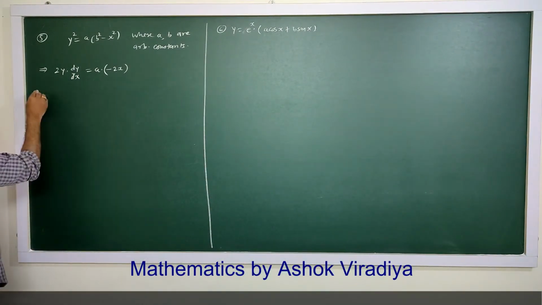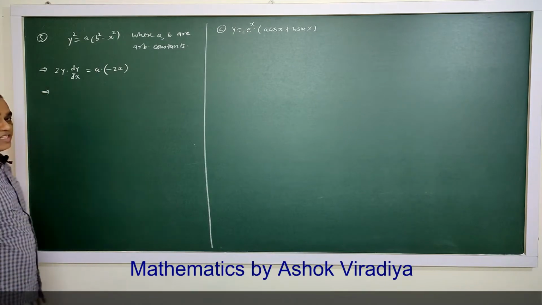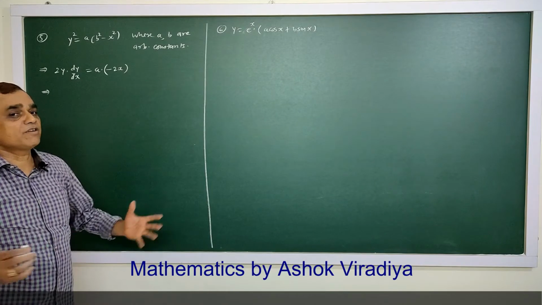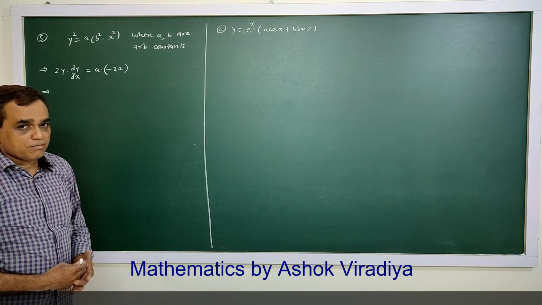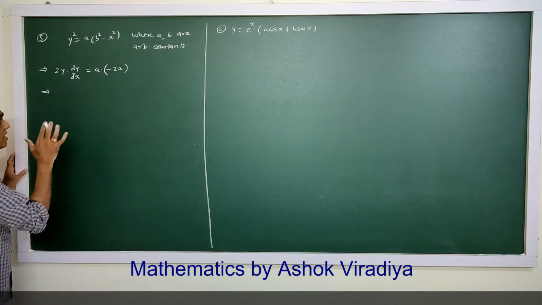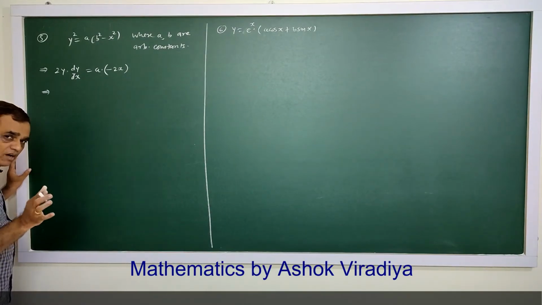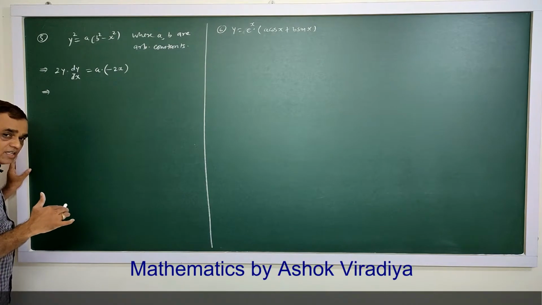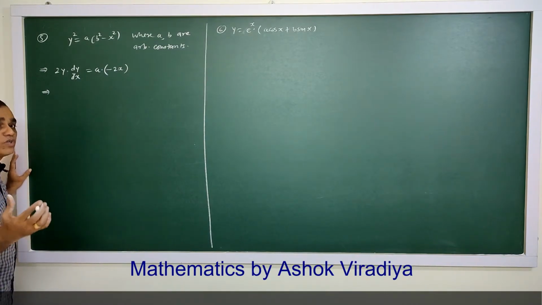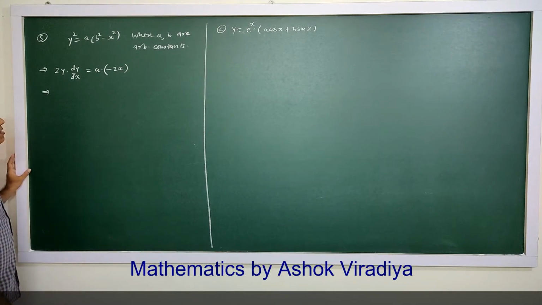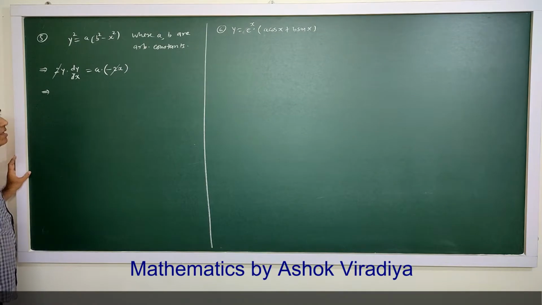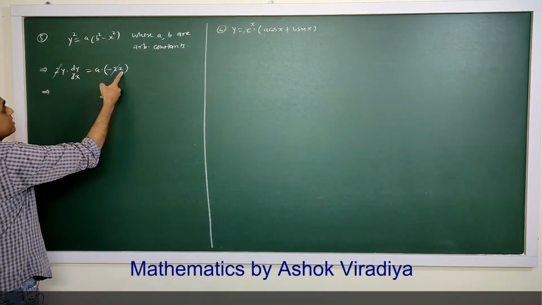Now first differentiation is done, but immediately we do not start second time differentiation. Before taking second derivative, convert this into a simple or convenient form so that during the second derivative we can easily remove the remaining arbitrary constant. So say here this 2 is cancelled. Now y, this is x.